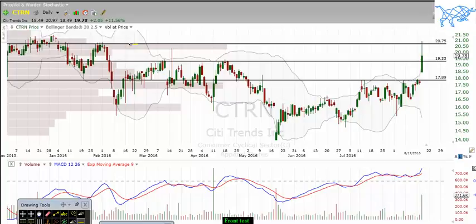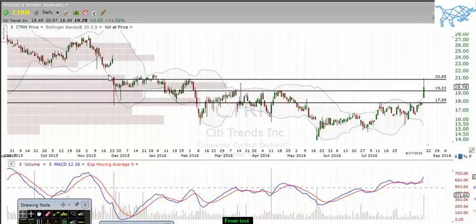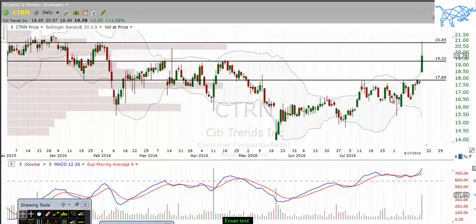And then we've got this resistance level up here, about $21. There's quite a bit of resistance if you scroll back here, from the highs of these candles, and this candle right there that almost hit that. So just be aware of everything that's going on with this chart. Next one I want to look at is